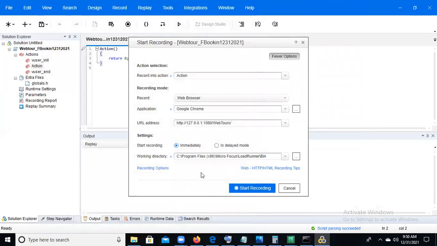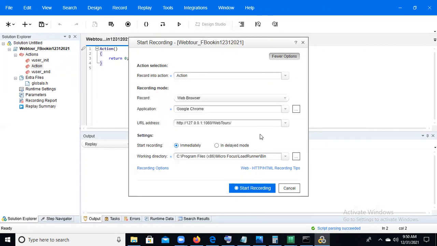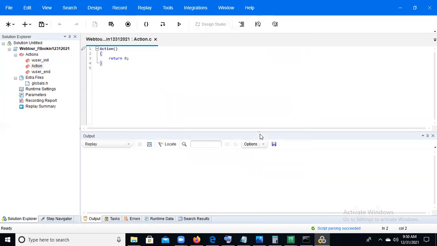Once we set the recording options, now we need to start our recording. Click on start recording. What will happen? The browser will be invoked directly. We no need to open any browser. Which browser did we select? Google Chrome.